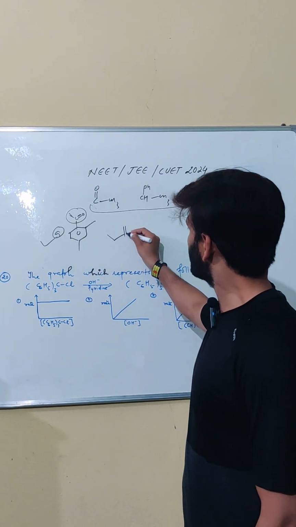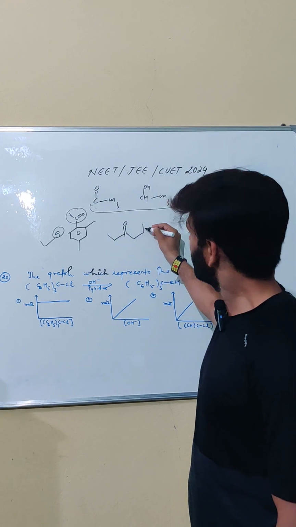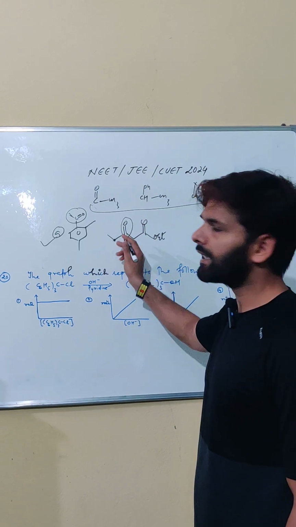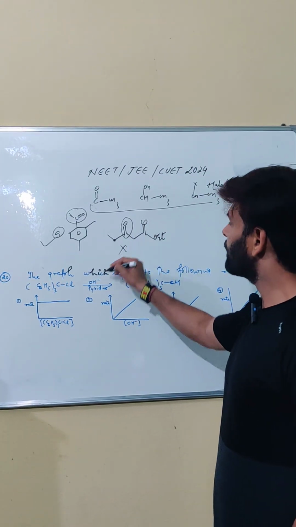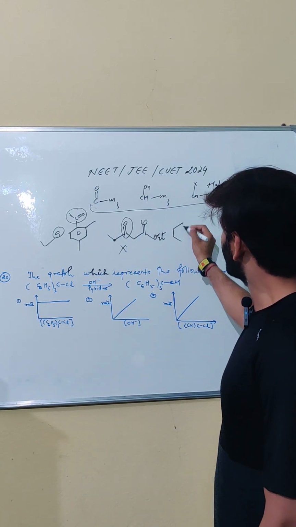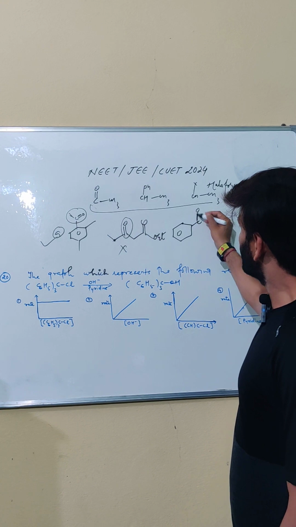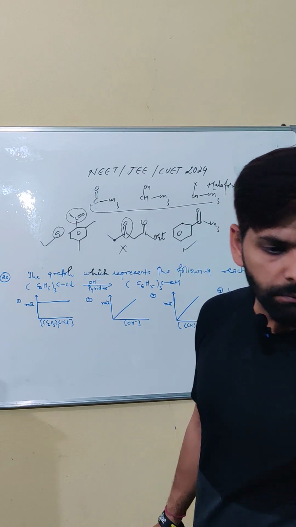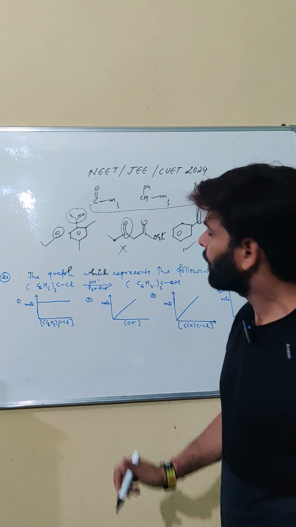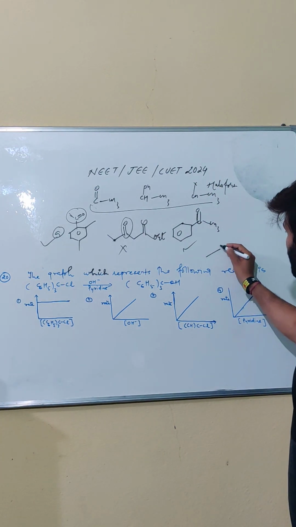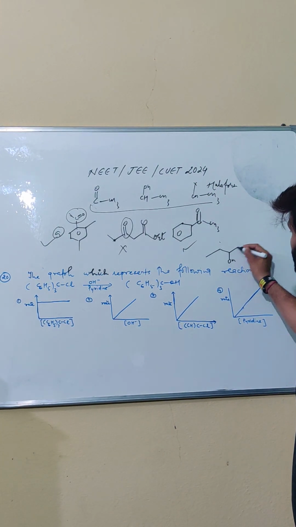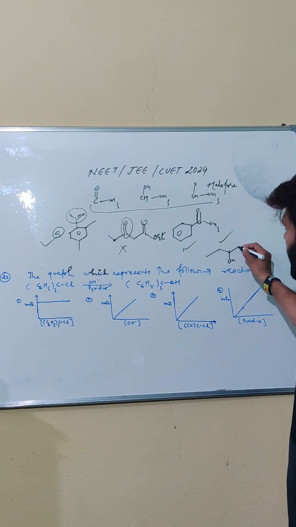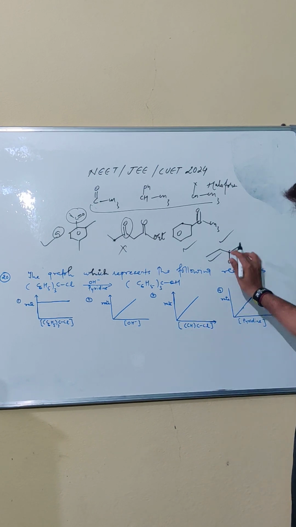The second molecule is this, that is an ester and ketone, but this ketone does not have a methyl group at the adjacent carbon, so it will not give the haloform test. Now the third compound is the simple compound acetophenone. Simply you can see here is a methyl ketone group, it will give the haloform test. And the next molecule, we are having 5 molecules. This molecule will give the haloform test. Why? Carbon having alcohol and here we are having a methyl group, so it will give the haloform test.